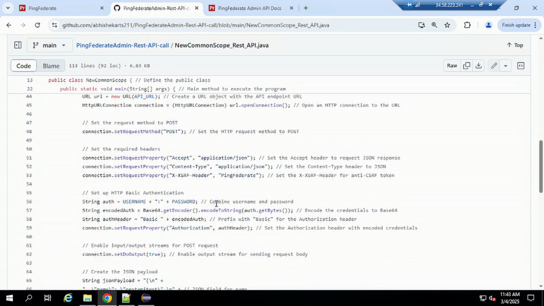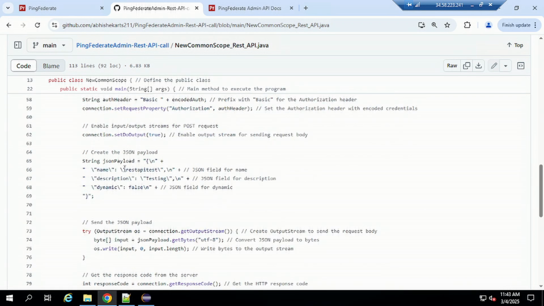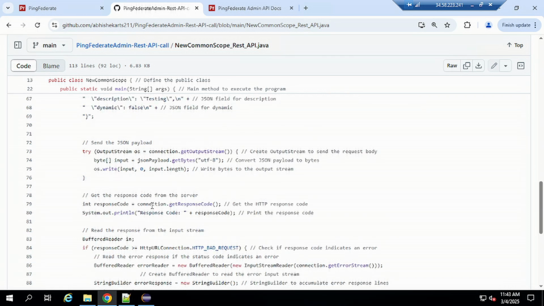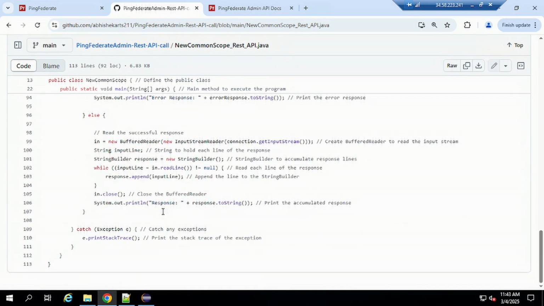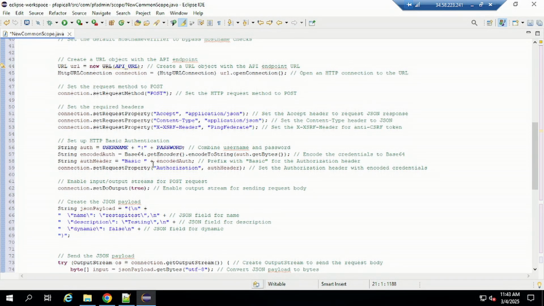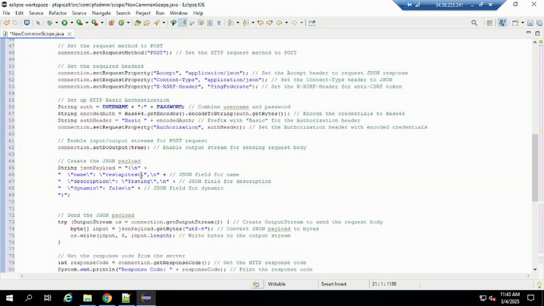There is no change, just the JSON payload for the common scope that users need to pass. So here, just give the name, description, and the JSON field for the dynamic part, and then send the JSON payload, get the response code from the server, read the response from the input stream, and then just print that, and then the error handling. So let's jump to Eclipse, and then let me put here the JSON field for name, REST API